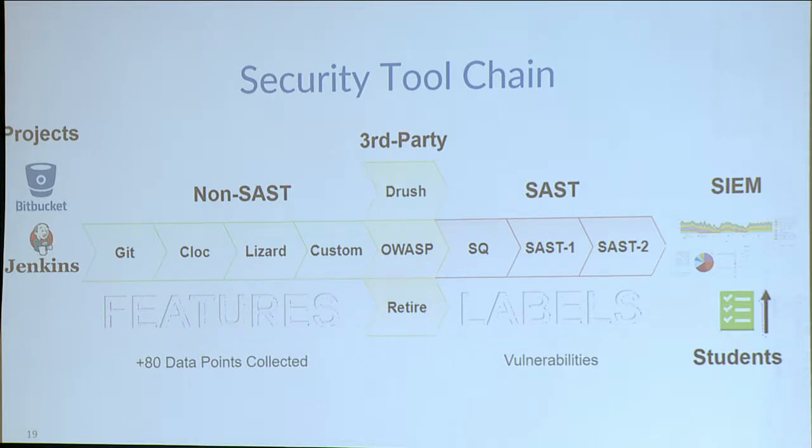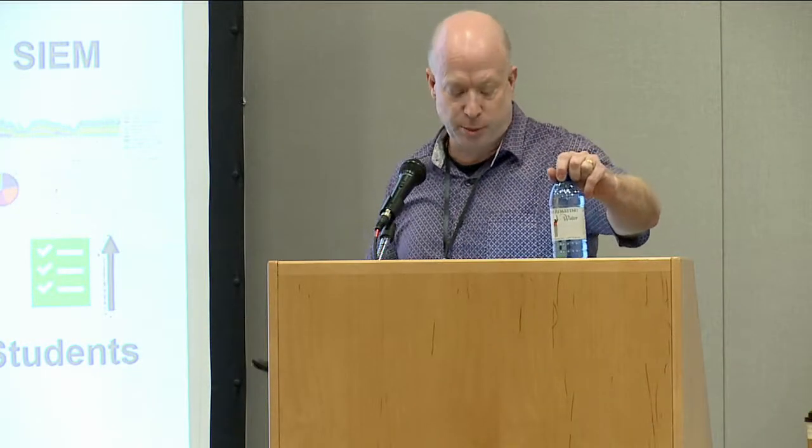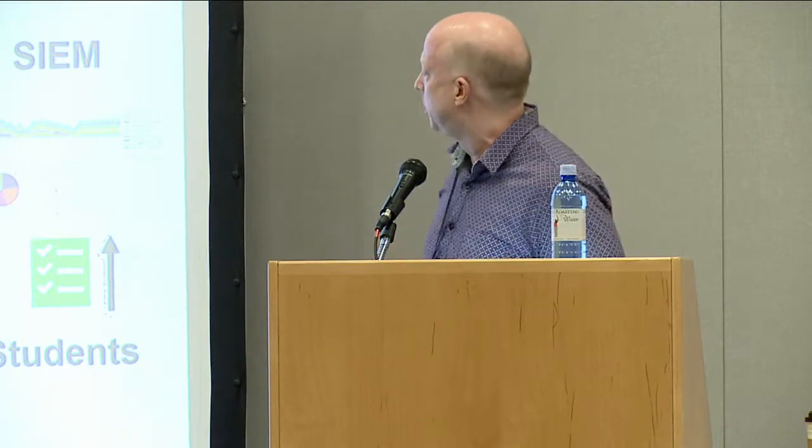And then finally the SAST itself, and again the SAST was the tools that we used to find the vulnerabilities. We call these labels, and why do we have multiple ones? One, we have SonarQube there, which we used early on, but we also have a couple of commercial SAST tools. And why we do all these is because there's not one tool to handle everything. There's gaps. I wish there was. You'd be a rich person.